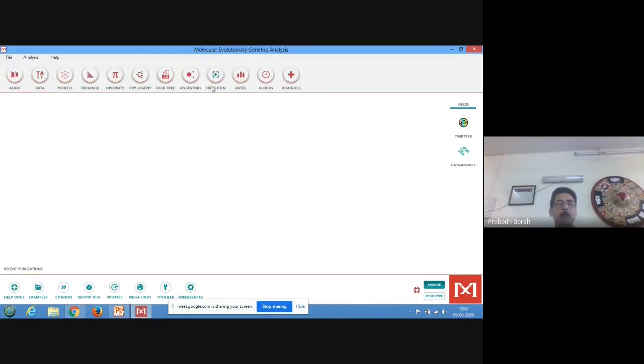So there are different options for doing both alignment as well as data analysis for determining the variation or distance or similarity among sequences, as well as for studying the phylogenetic analysis. So now we will go for first sequence alignment. So for that, we will click on Align. This is one menu, Align. Under Align, we will take the first option, Edit or Build Alignment.